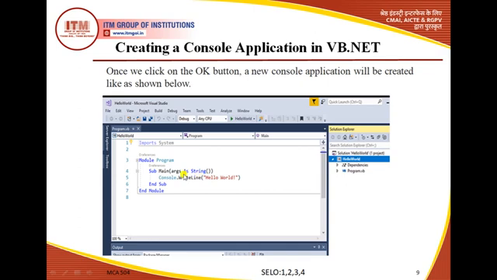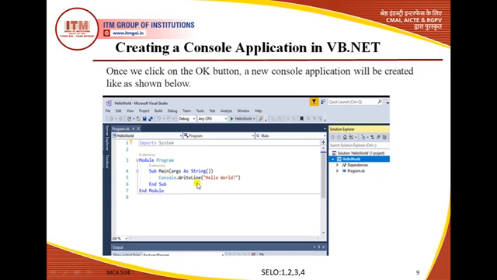So what is Sub? This is the key question which may come to our minds. Sub is a procedure, and it is useful to write a series of Visual Basic statements within Sub and End. Whatever series of Visual Basic statements we want to write, we write between these two entry and exit points, that is Sub and End Sub, Console.WriteLine hello world, right? And the name Main refers to the name of our method. This is the Main method, which is the entry point. Generally the Main method is called the entry point of the console application.